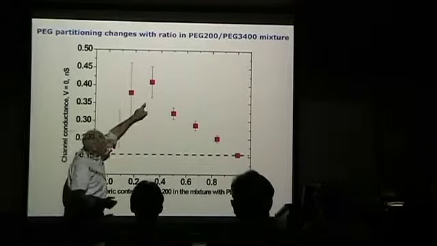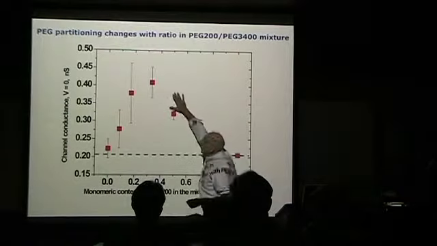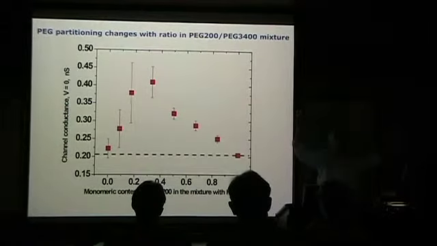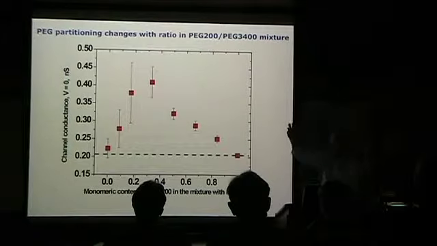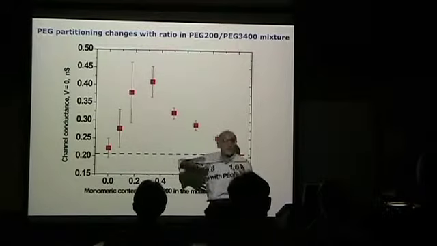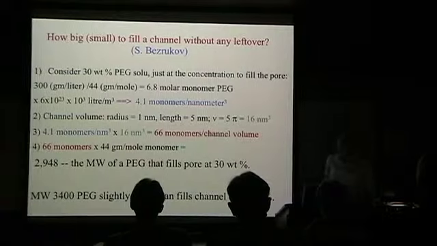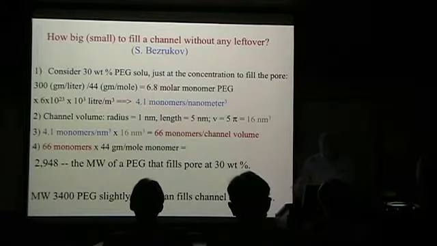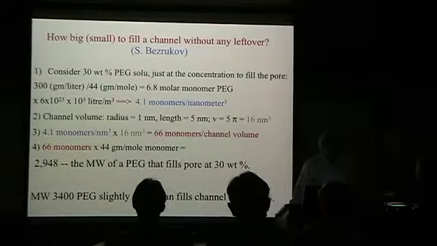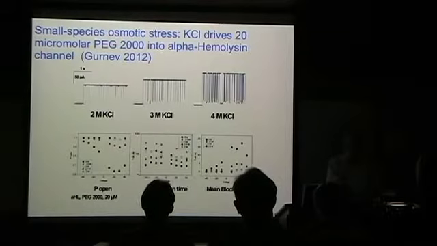Here, it's mainly the point that if you go from one pure to the other, there's a case in between where not so much is going in, because neither one of them has the chemical potential of concentration, the driving force of concentration. But you're seeing a qualitative difference in the behavior of the transport because of large and small. So I'm going to leave this out. Basically, it's a calculation: if I had one big polymer, how much would fit inside and how much would dribble on the outside. I'm going to talk about something that's kind of neat.